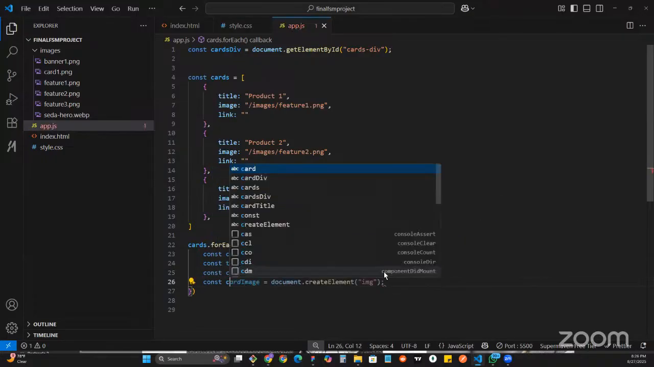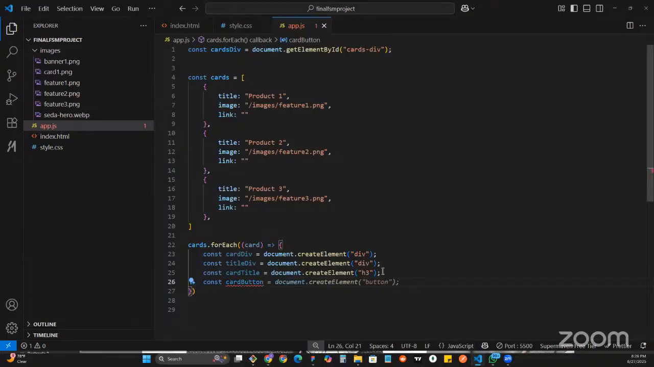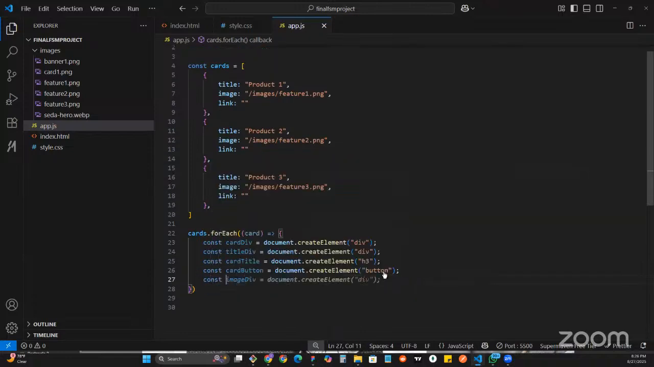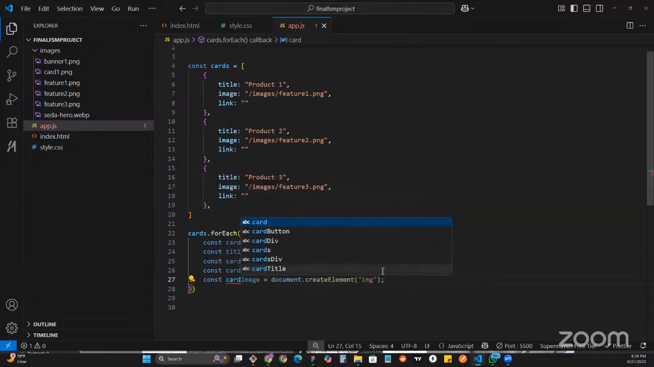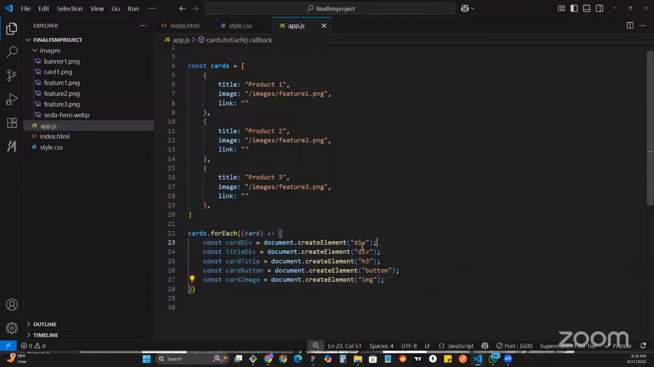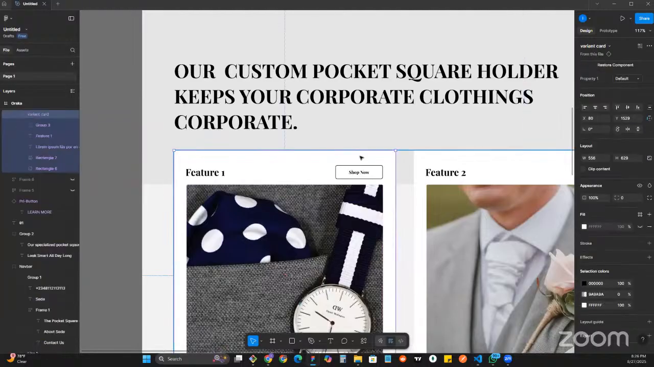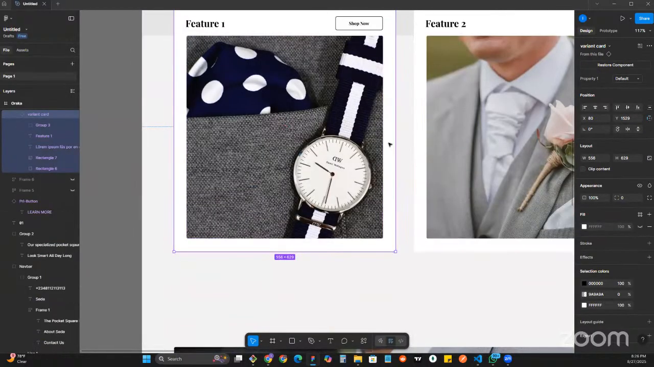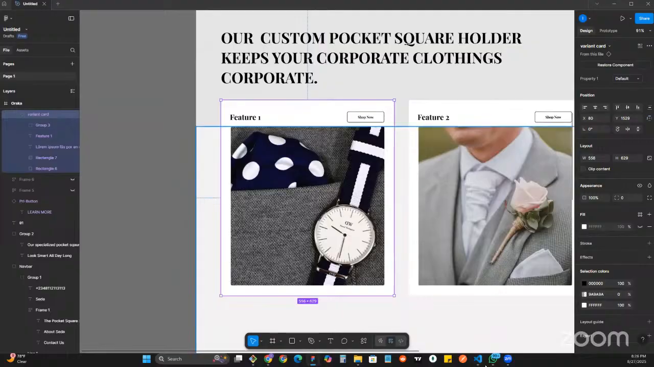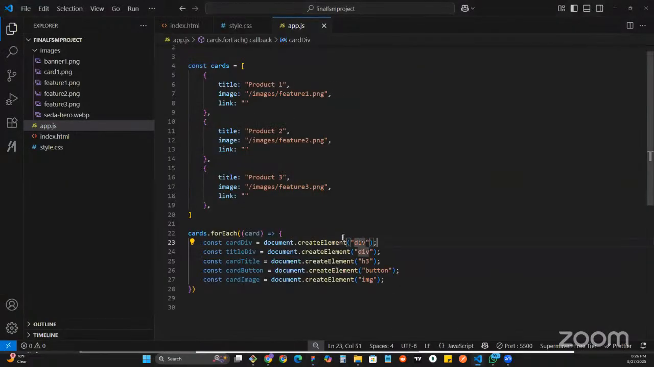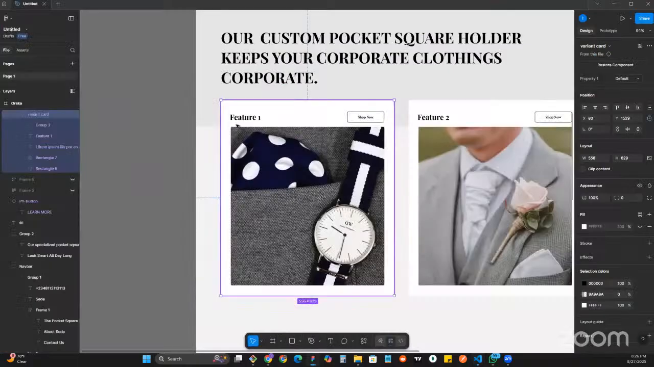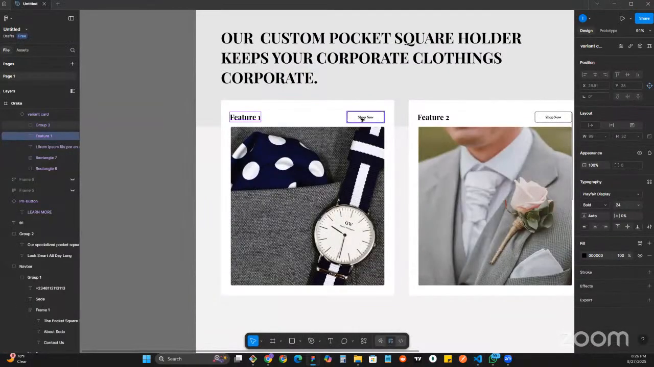Const card button is like this, and then const card image. It's an image. So I've created the first div, which is this whole container here. All right, this is the first div I created. All right, this is the first div, which is this here. And then this title div is the div that will hold this title and this button, so we can